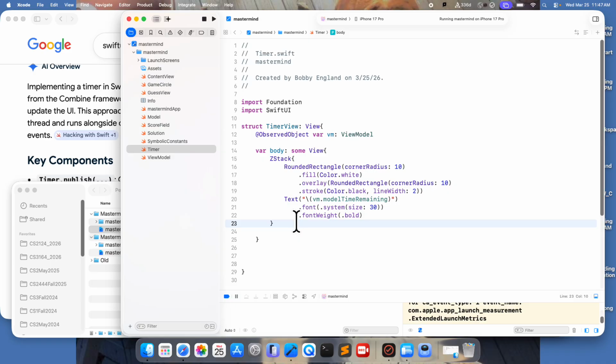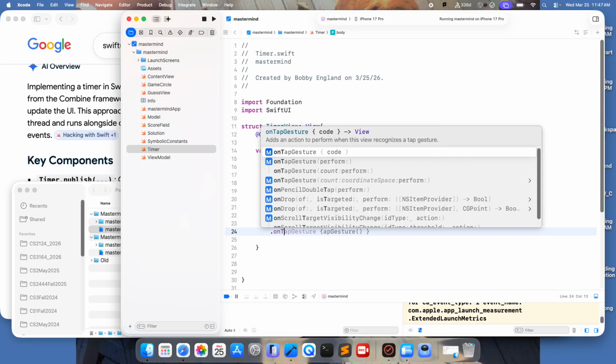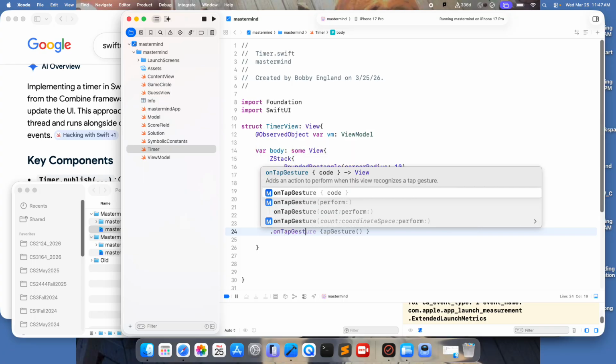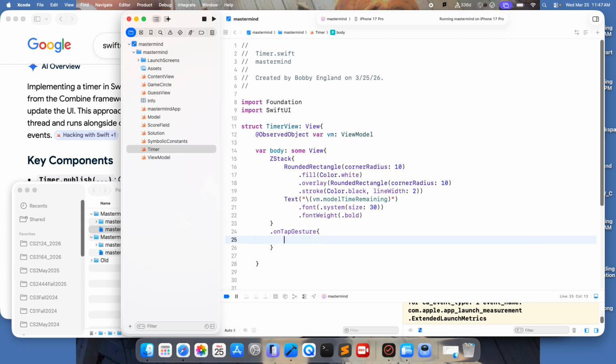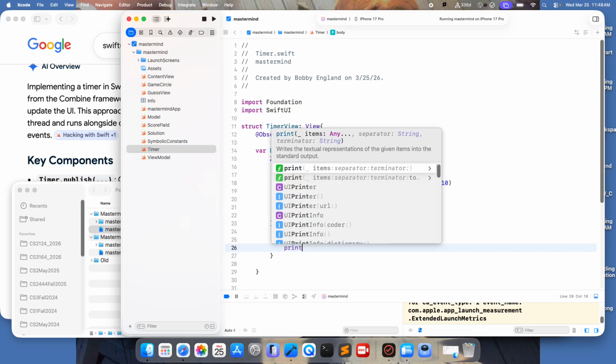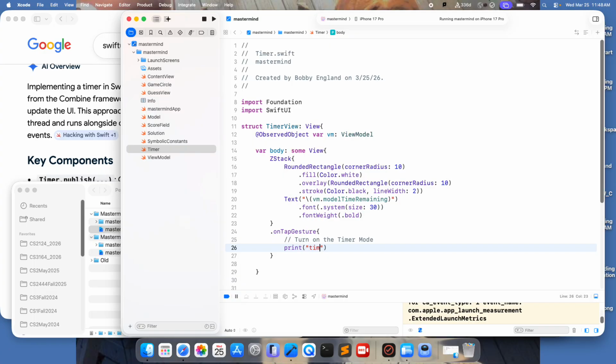So with that, I'm gonna add, outside of the ZStack, an on tap gesture. The goal is to basically just turn on the timer mode. Very simple. I'm just gonna print to the system screen just to make sure it's actually processing that we've